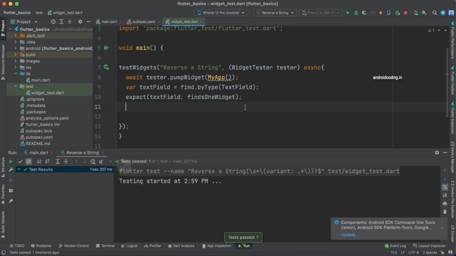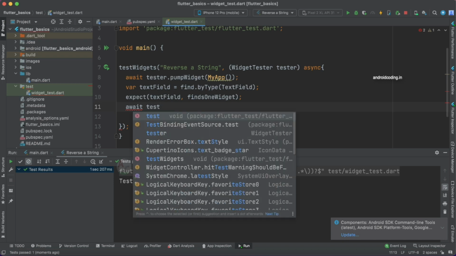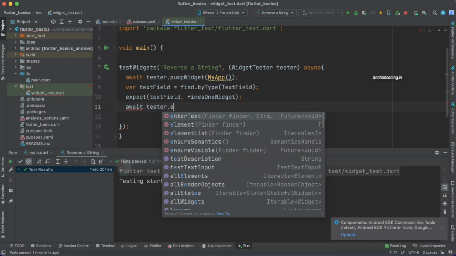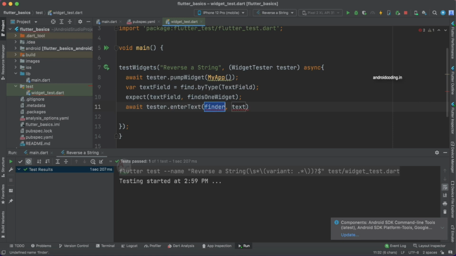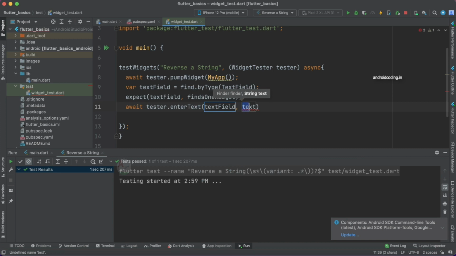So now let's go to step 2 here, add await again, and tester.enterText this time. So we are trying to enter some text into our text field, and the text is going to be hello world, which is what we use mostly. So hello world, and then